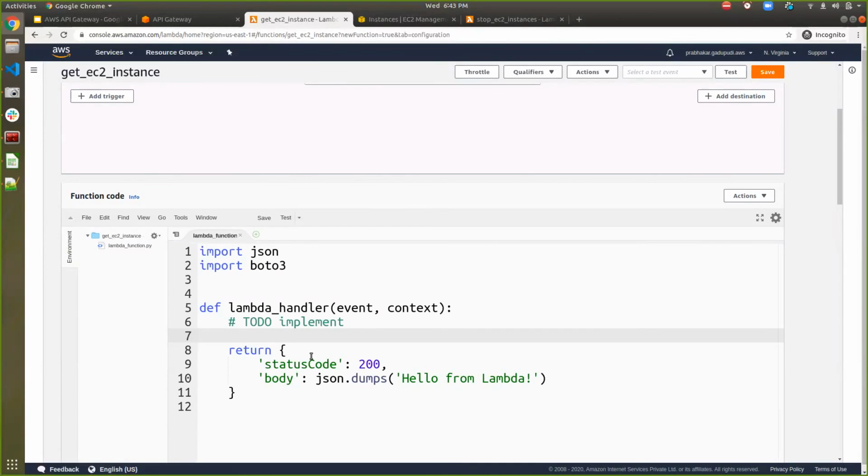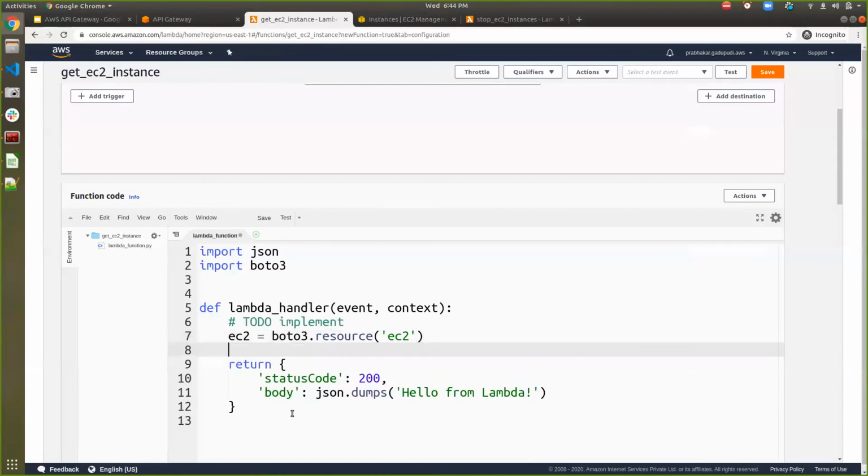For that, I'm going to write the syntax. If I say EC2, inside that I can use boto3, and here I can say resource, and I can specify that the resource type is EC2 instance. Similarly, we can also do it for S3, Lambda and RDS, multiple options we can choose. Now I want to fetch all EC2 instances which are there in the region.